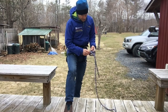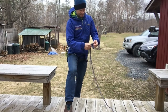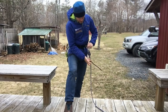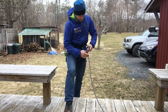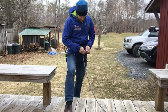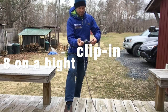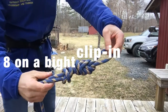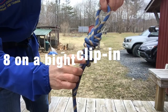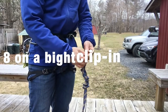The other would be, some courses will allow a figure 8 on a bite that is nicely dressed. I talked about that in a different video. Also with a backup or barrel knot, to ensure you've got enough tail so that it could not come undone. So again, I've got a figure 8 on a bite that is properly dressed with a barrel knot cinched up nice and tight to it, with enough tail there, and simply taking a locking carabiner,